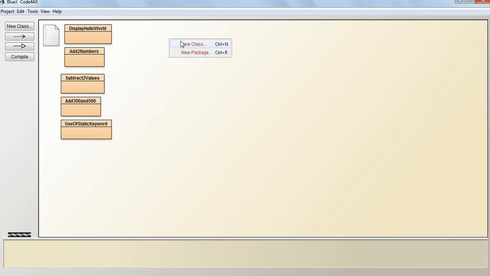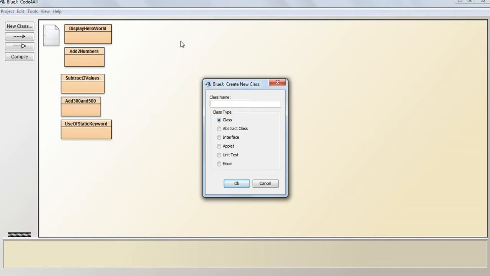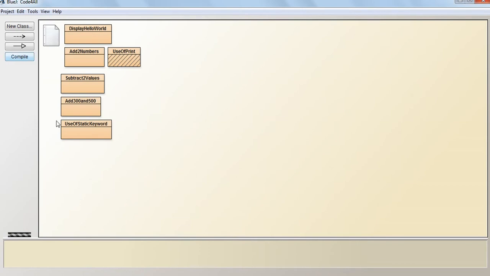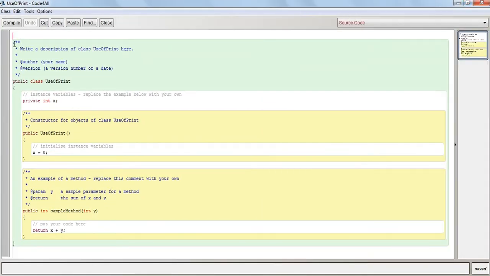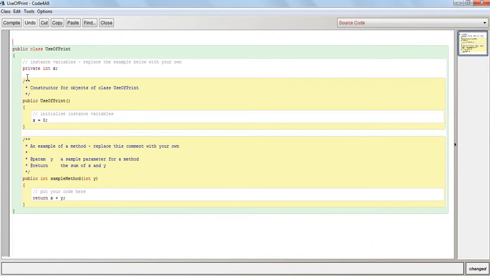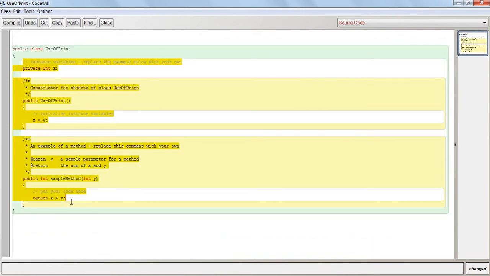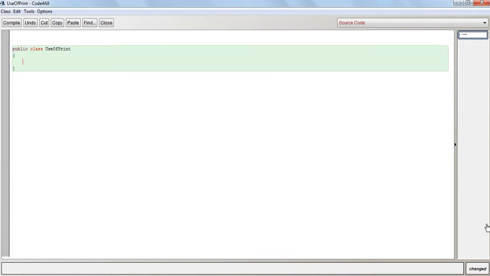Now we'll create a new class. We'll rename it, we'll name it as use of print. We'll open the editor window, and as usual we'll remove this code, unnecessary.